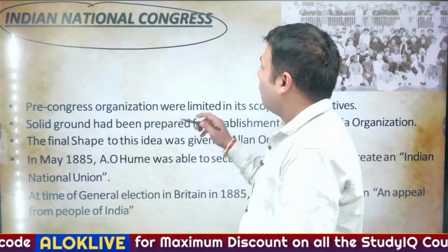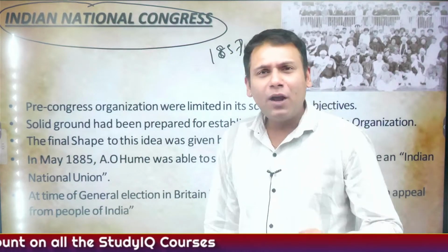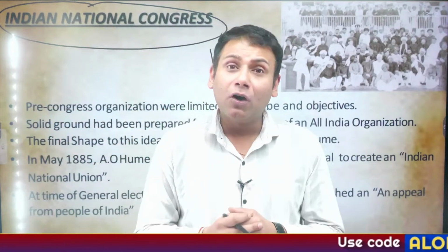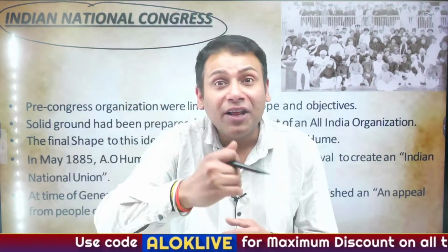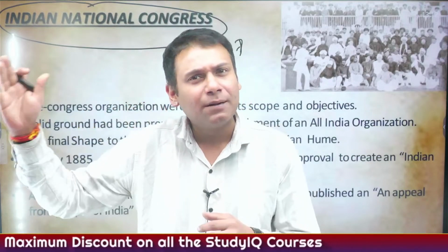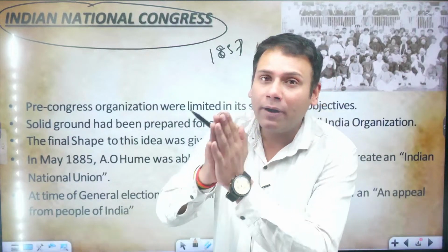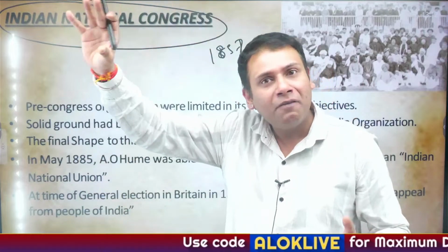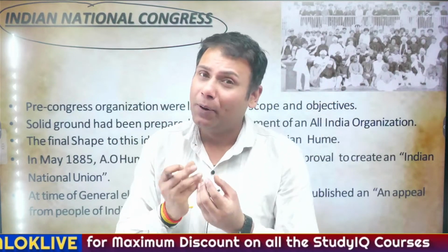Now, post the revolt of 1857, there were many political organizations which were quite limited in their scope. Like there was the formation of the British East India Association, British Indian Society, Bombay Native Association, Madras Mahajan Sabha in different parts of the country. In simple words, there were different political organizations or pre-Congress organizations which were operative in different parts of the country, but they were very limited in their scope.